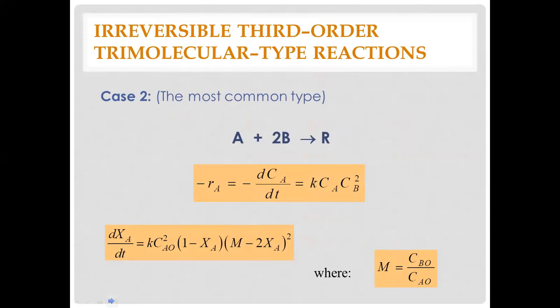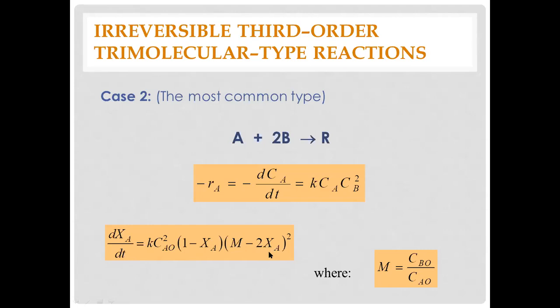In our thermolecular reaction, this is the most common type. This is the case 3 of the bimolecular, but it's now elementary in this case because you have one species here and one species here, but it's thermolecular. So the way it's written in terms of the rate law is K C sub A C sub B squared. Okay? Again, you change the concentrations here in terms of conversion and change the CbOXb in terms of CaOXa